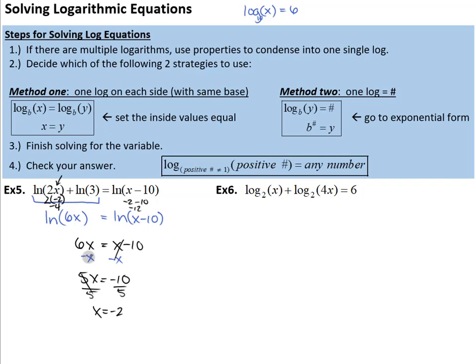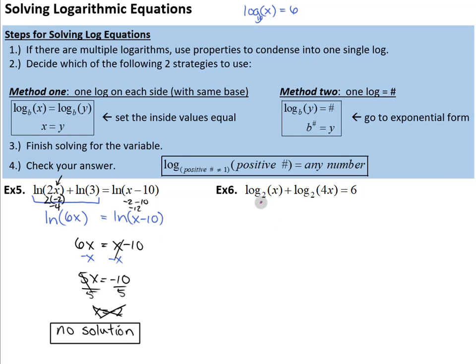If it makes any logarithm value negative, we have to throw it out. So in this case, that's an extraneous solution, which means, because there was only one possible answer and it's an extraneous solution, it's a restricted value, that this problem actually has no solution. So our very first problem, man, no solution possible. Okay, but we learned a little bit about our strategies there. Let's take a look at number